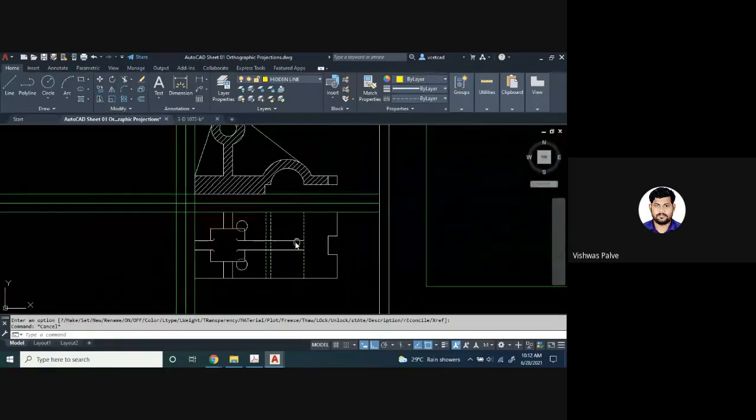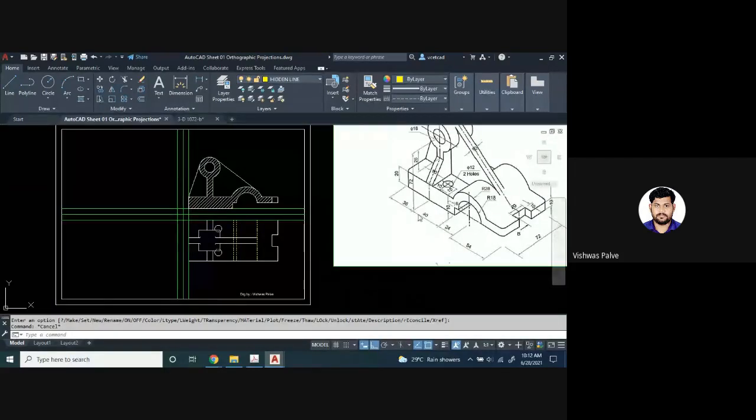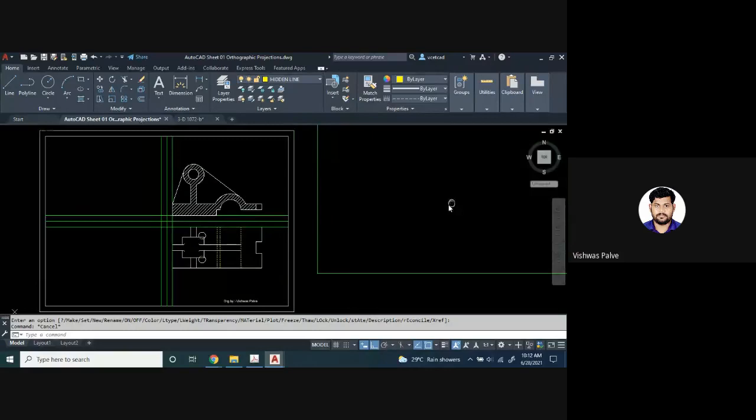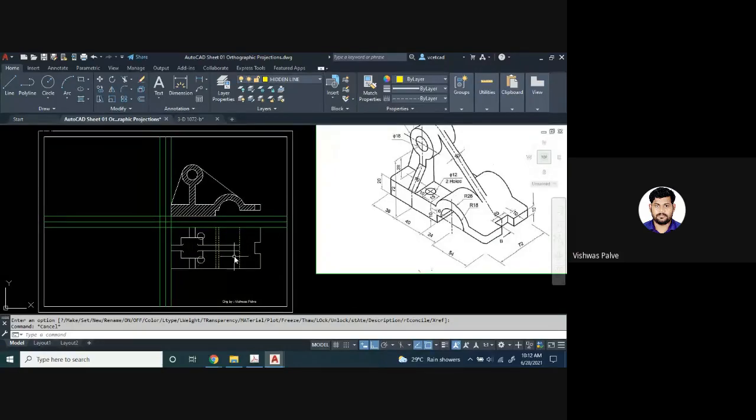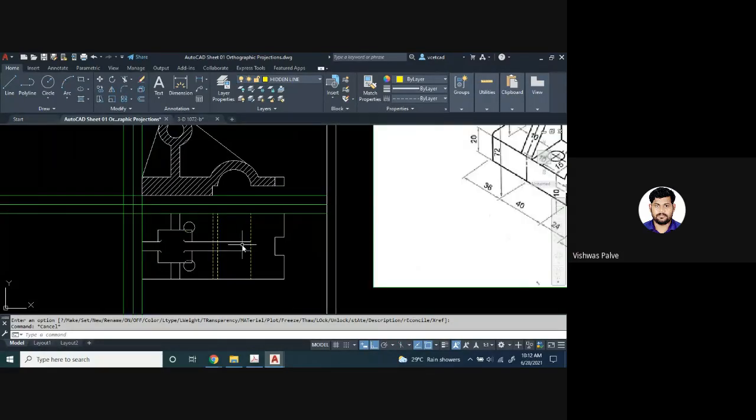Still, there are a few details which we are not showing. What are those details? Let us check. Okay. So now when we observe it, see the object line, a few object lines are not yet visible. So I will make that object line also visible. Object line, I'll enter from here. It should be the object line. Here also this should be object line. Okay, that line should be there. So I have drawn that line.